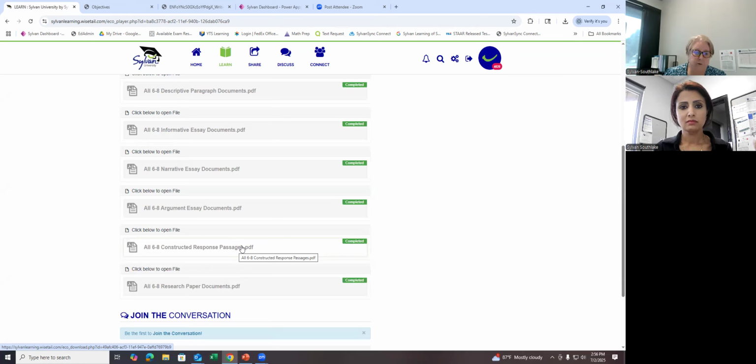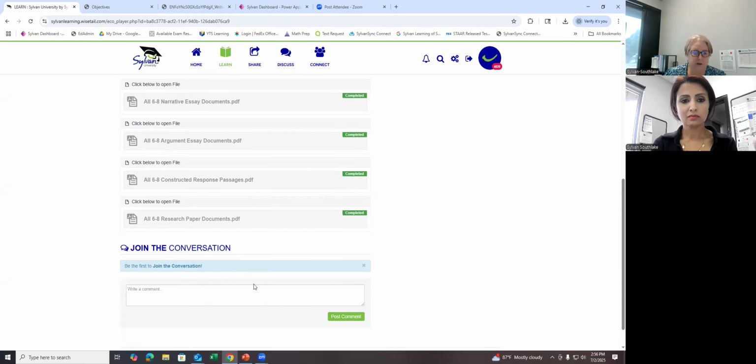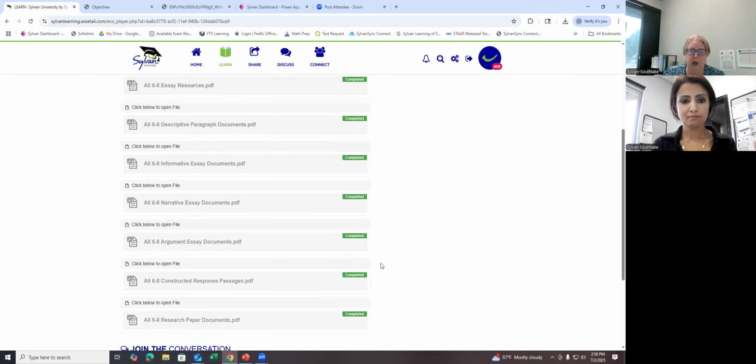It's a very good resource to have, and it's a great thing for them to learn how to do well. Then you have research paper. I wouldn't start the research paper with second and third grade. I would only do that with fourth, fifth, and above. And it will be a little bit of a struggle for fourth and fifth, but the older kids should be able to do it. All right, so now I'm going to stop sharing